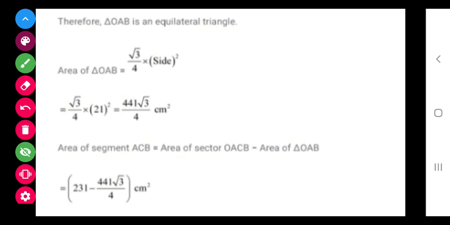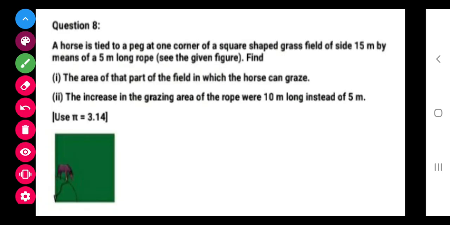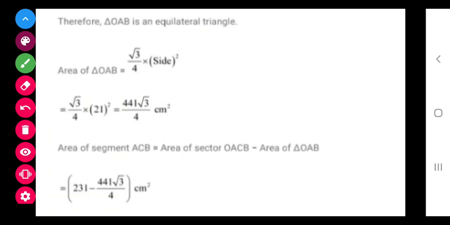Now the area of the segment we have to determine, so sector minus triangle. And you can leave the answer here also, because our main motive is to get the area of the segment. Here, you will mostly find they have left the answer here only, but you can solve it further also, it's your wish. Basically, till here also it is correct, because CBSE doesn't focus on the calculation, they focus mainly on the formulas, that's why.